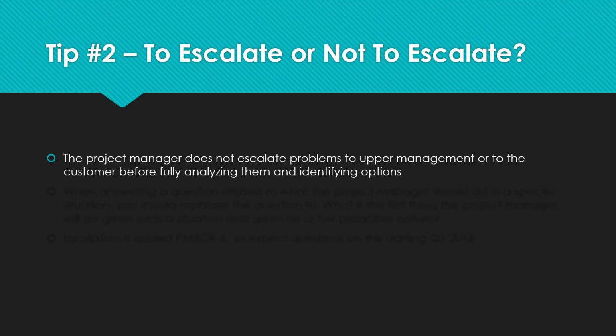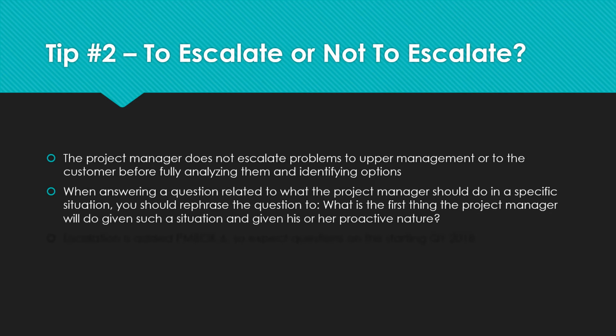So, if there is a question in the exam that says, as a project manager, there is a certain scenario, and then one of the options says, as a project manager, you need to escalate to the customer or you need to escalate to the executive management. Will that option be correct? That depends on whether the scenario clearly mentions that the project manager has carefully analyzed the entire situation and has identified all the options that he or she can take before escalating to the higher management.